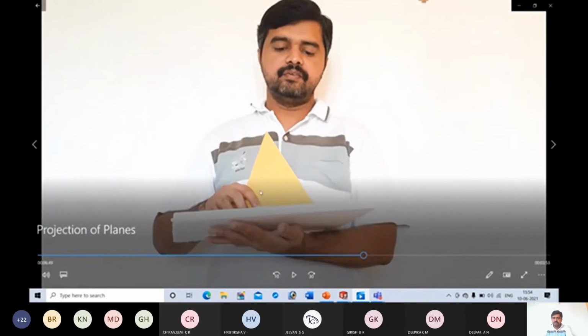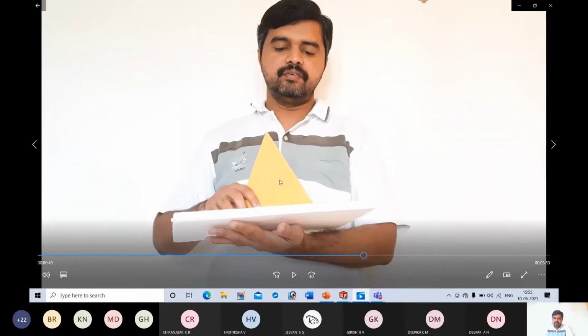Actually we have to get front and top view in this position, but if you go for drawing the initial position in a single view, the problem is we cannot get the actual size. Without knowing the actual size, we cannot draw its front and top view. So for that we are following this procedure. Initially we will keep the lamina parallel to HP and we will get front and top view. Then we are going to satisfy the conditions one after the other.